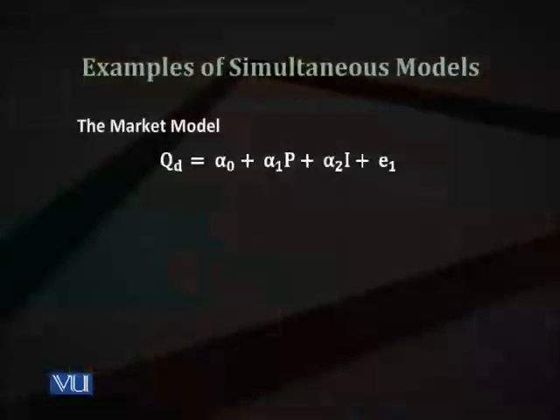It is assumed that they have an effect on the dependent variable, but the dependent variable doesn't cause the independent variable to change. So with these assumptions, we have to move somewhere else. We may have to use some other techniques to take into account this simultaneity of different equations. For example, I talked about the market model.